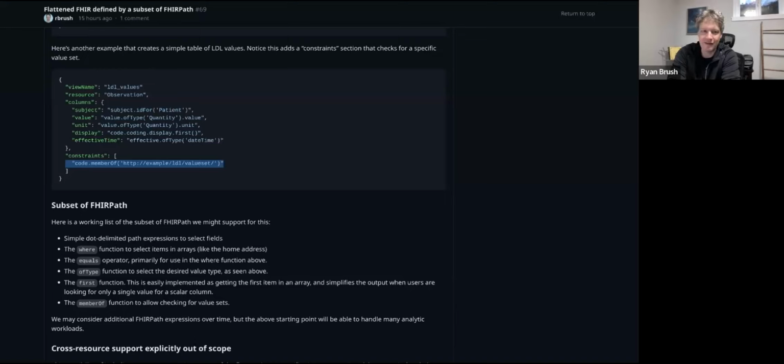If you have some sort of FHIR service or FHIR server, but you needed it to export some set of views for the subset of its data, I could just send it a bunch of view definitions and say, hey, here are your view definitions. They're FHIR resources, so you know what to do with them. Now here's a custom operation to export those view definitions to some sort of target. So I think that if we were to go deeper into the FHIR server stack, which is much more speculative,